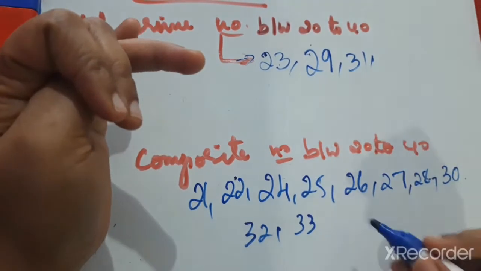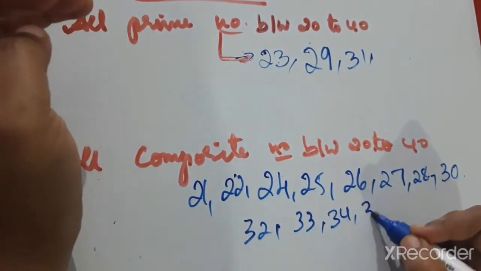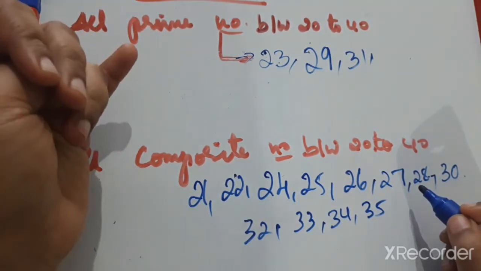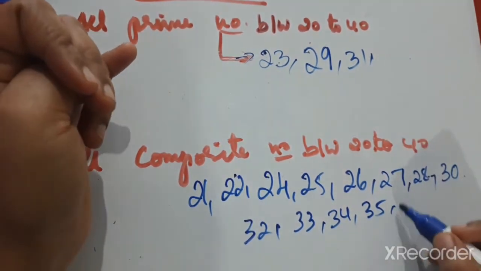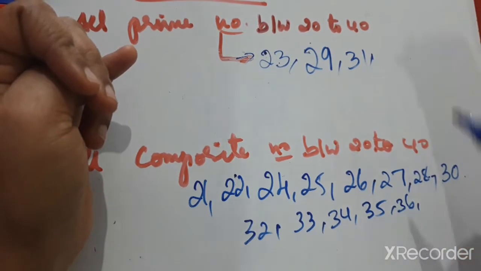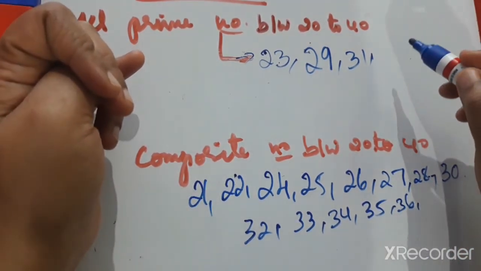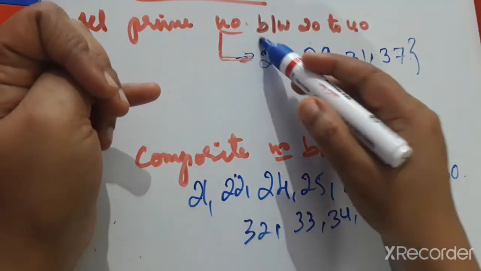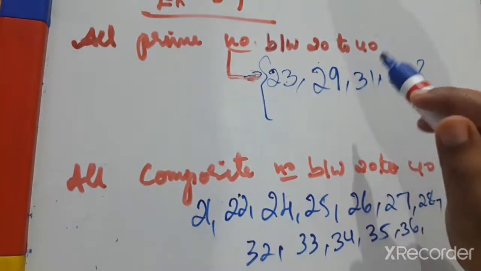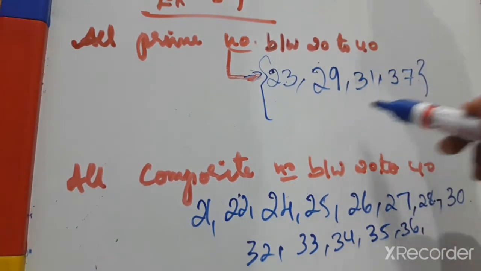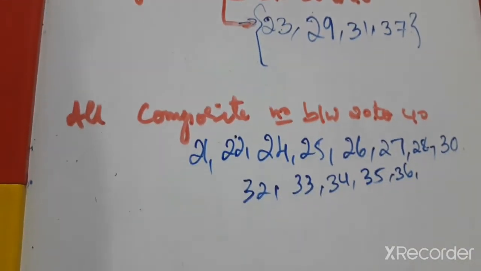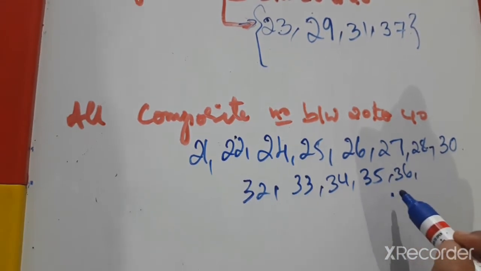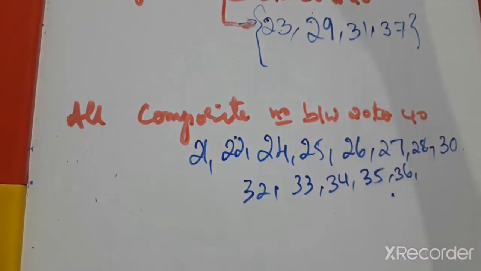34 is not a prime number, it is a composite number. 35 is a composite number: 5 sevens are 35, 7 fives are 35, 35 ones are 35, 1 thirty-five is 35, more than two factors. 36 is not a prime number, it is a composite number. 37 is a prime number. These are the prime numbers between 20 to 40, and other than prime numbers, you can write all the others as composite numbers. Other than prime numbers, all are composite numbers.